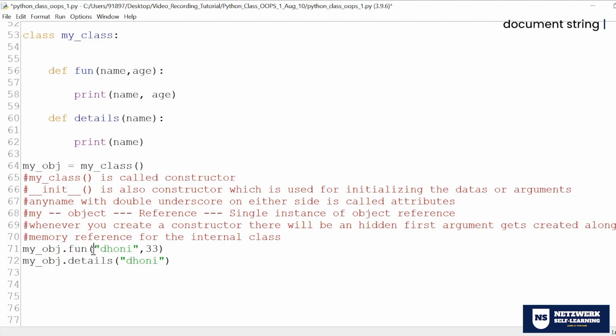If you ask me, sir, why is it hidden? Because you're trying to use my object. My object is nothing but the instance of my class. My class has a structure that creates one hidden object first. So whoever uses this class will have one hidden object created. Fine. This is the point to be noted. So this will have one hidden object.